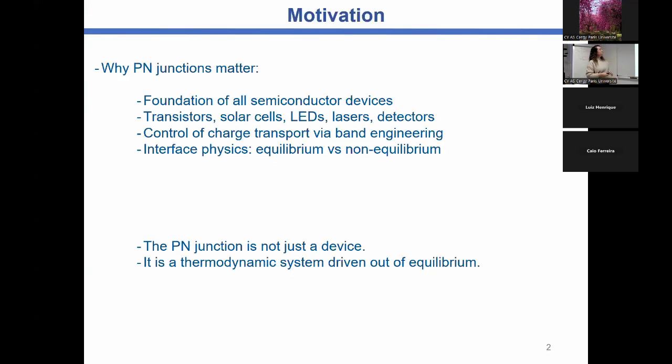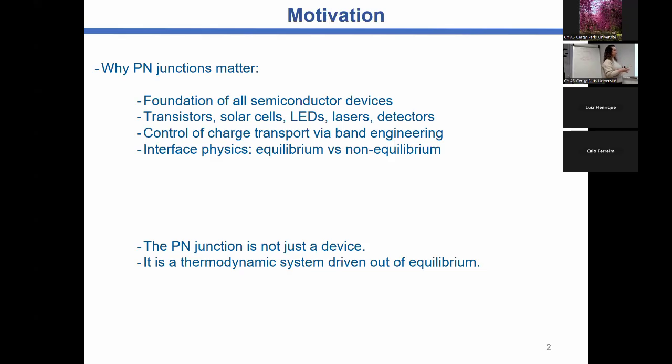So the motivation of this fourth class, which maybe I will continue in the next class because of the time, we just have 1.5 hours. But I will start with p-n junctions. So why do p-n junctions matter? In terms of semiconductor devices, it is the foundation of every semiconductor device: transistors, diodes. Diodes also means LED or PV, and